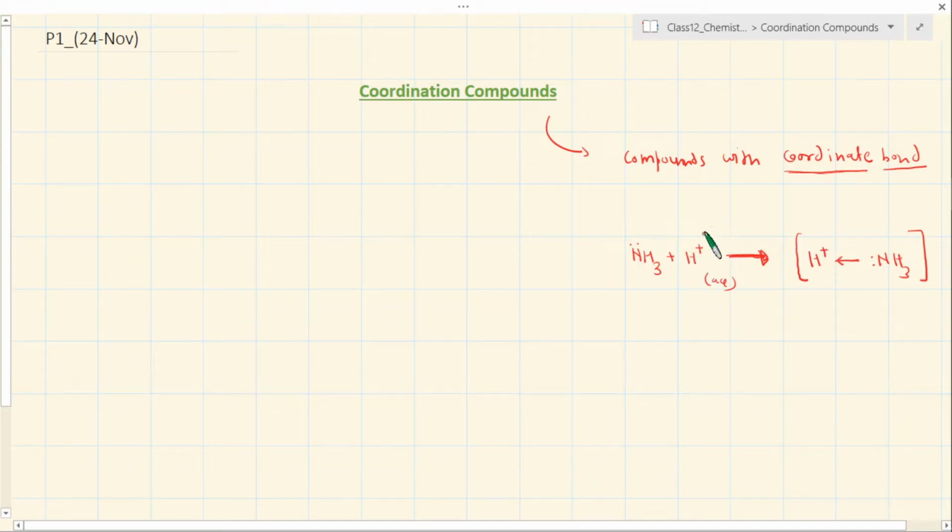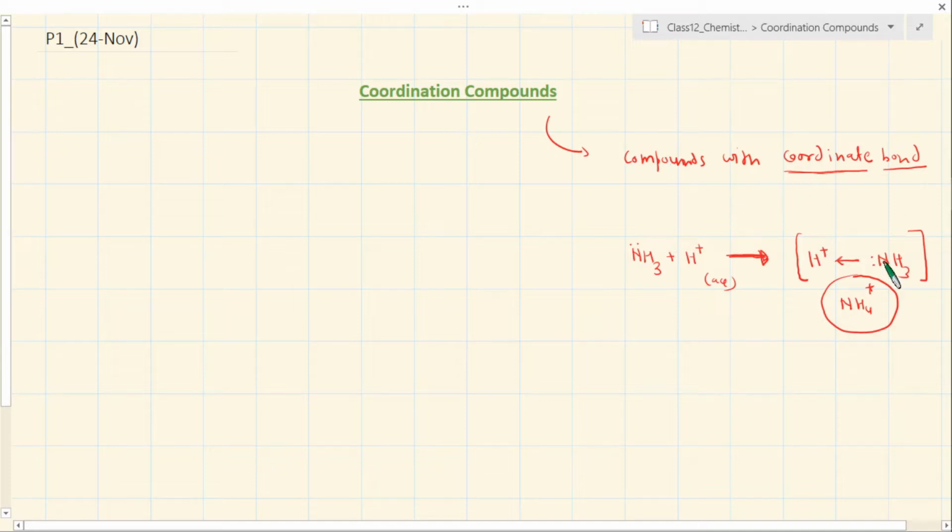In very simple terms, it is trying to create a duplet around it, and nitrogen already has an octet around it, but it is still carrying a lone pair of electrons which can be shared wherever necessary, and it does so with the hydrogen ion to form the ammonium ion. So in the formation of the ammonium ion, which is a positive ion, you have a coordinate bond between nitrogen of ammonia and the hydrogen ion. So this is an example which you know already.